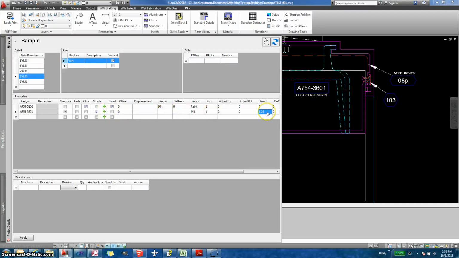But again, this is a fixed length part. So I do want to tell it which end this thing is attached to. So this will be T for top. So at the top of the vertical tagline, I want you to put this lug. And when